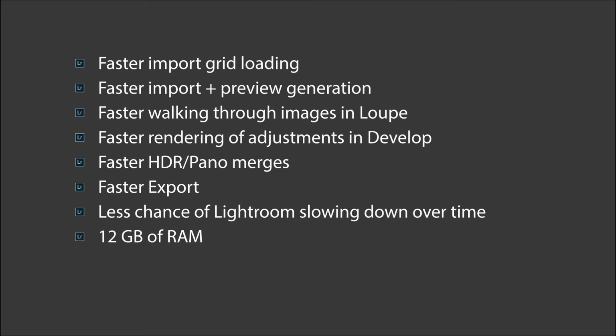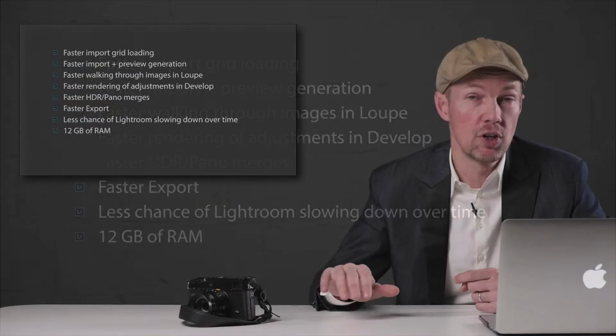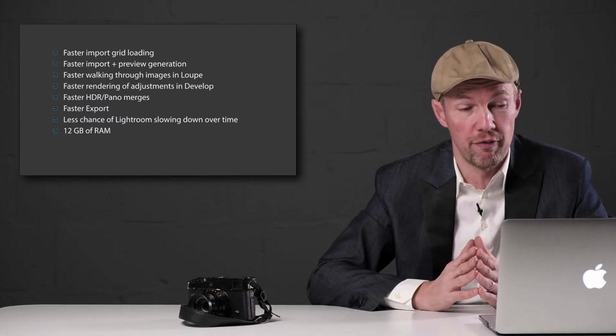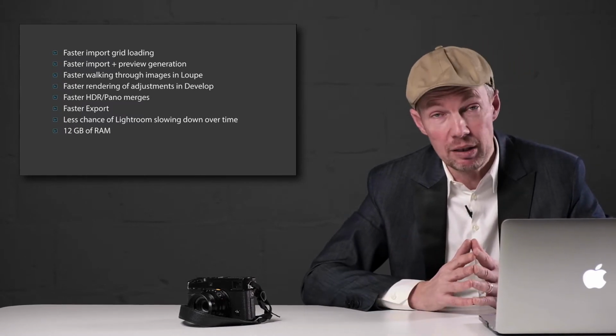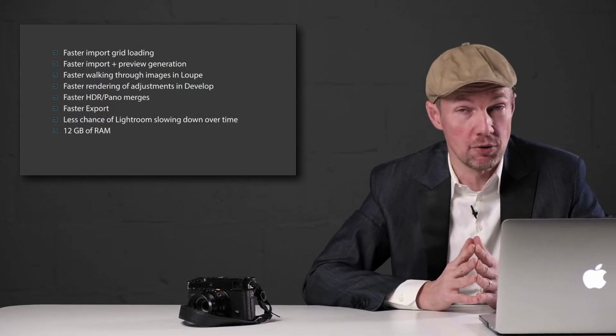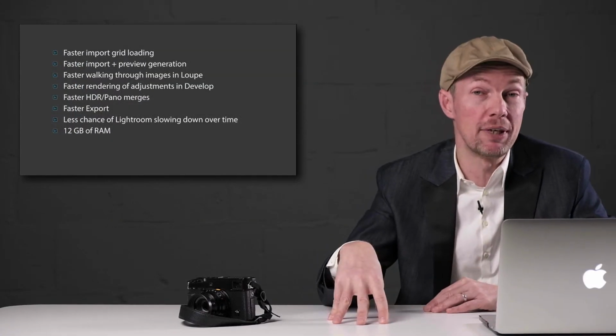Also, when you walk through images in your film strip in the loupe view, you should notice that they render faster. If you adjust an image in Develop, the adjustments show up faster, so they also render faster. HDR and panorama merge have improved in terms of speed. The export procedure is faster, and that's maybe the most important one, because I've heard quite a number of people